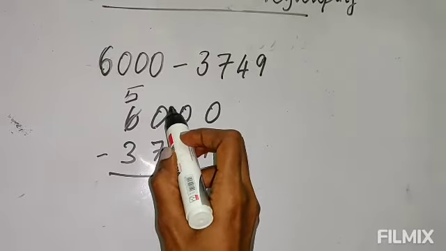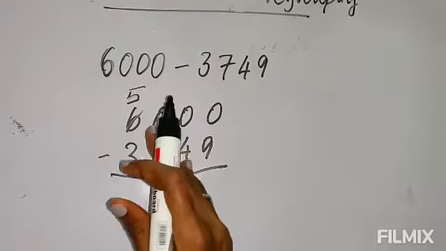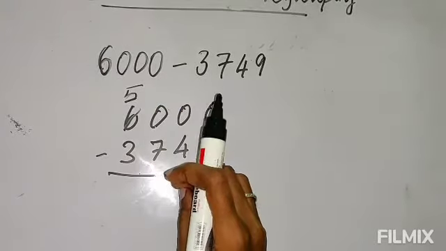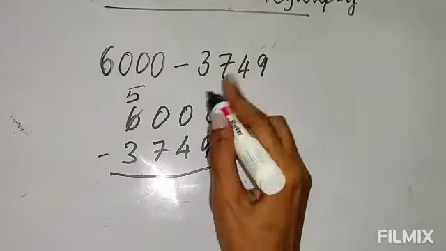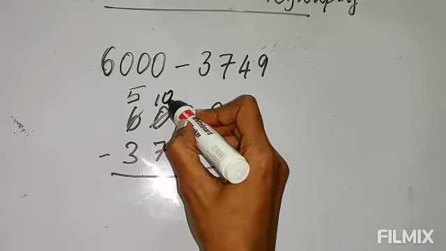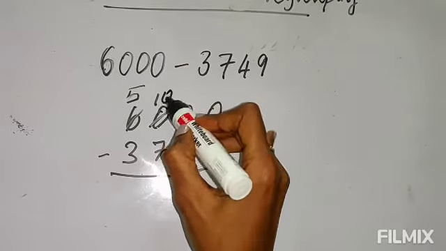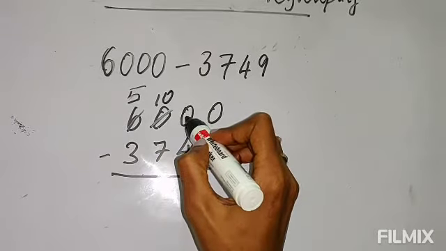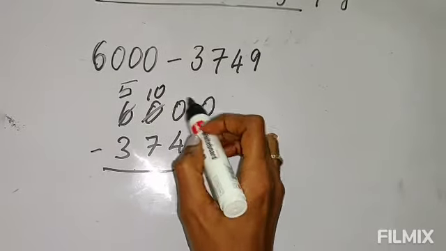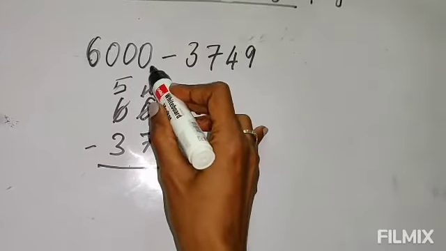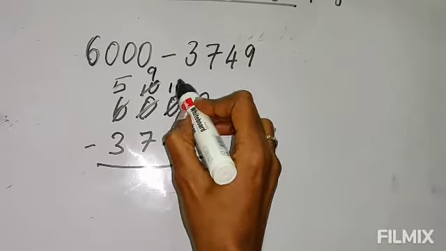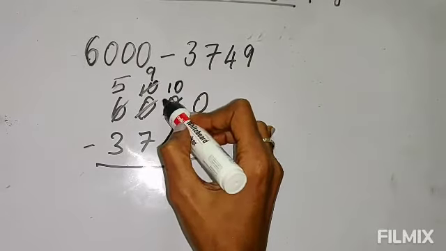What is that? The hundreds place. You can give only to the hundreds place. When you borrow, you can give only to the next digit on the right, not the digit after 2 or 3 places. So here only you can give. If you give 1, this becomes 10. Just before that 0 you are writing 1. From this 10 you will borrow, and that 1 will go to the tens place, not to the ones place. If you give 1, here 9 will remain and this will now be 10. In front of this 0 you are writing 1.